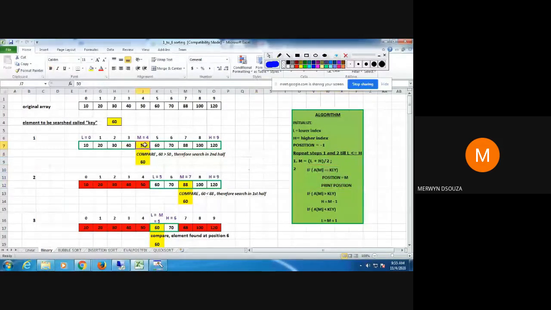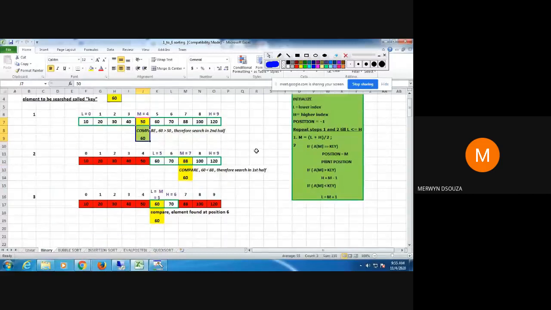But now you can see when you compare that it is not equal. So you go to the next if statement. Now check here whether this 50, a of m, is greater than 60. Is this true?